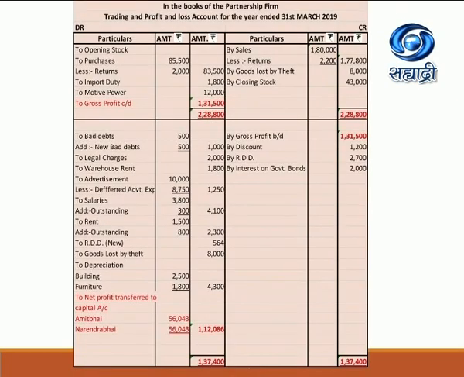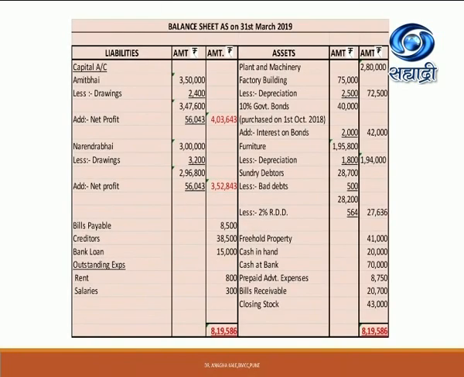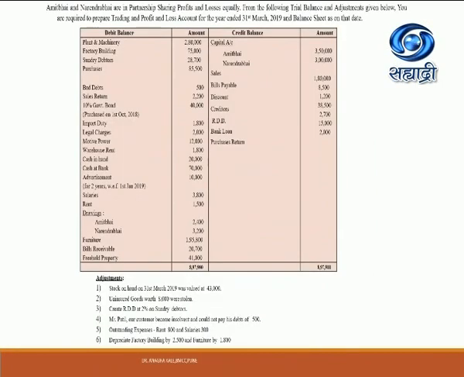So first effect will be adding these expenses in the rent and salary, which is given in P&L account, that is in profit and loss account. Profit and loss account debit side, to salaries 3,800, and add outstanding 300 in that, and rent is 1,500, add outstanding 800. So in outer column 2,300. Second effect of these outstanding expenses, balance sheet liability side, outstanding rent is 800, salaries are 300. That is going to be the second effect in balance sheet.